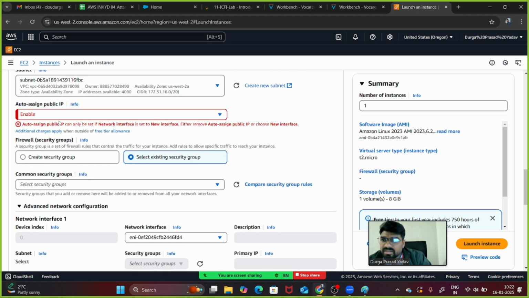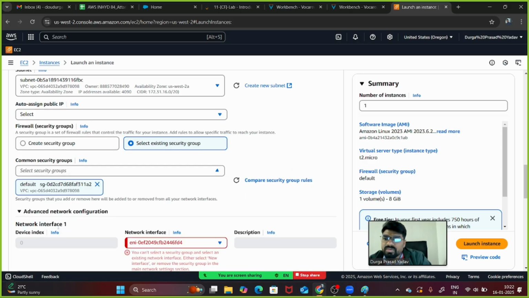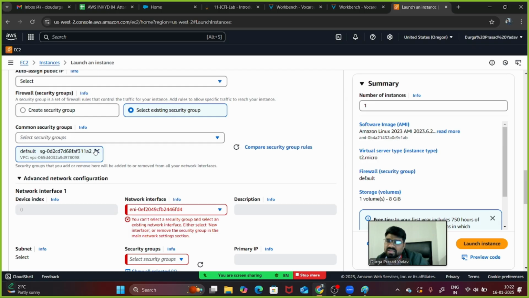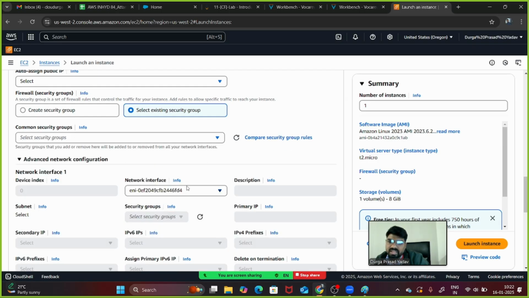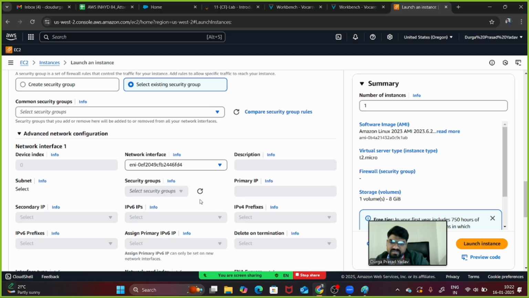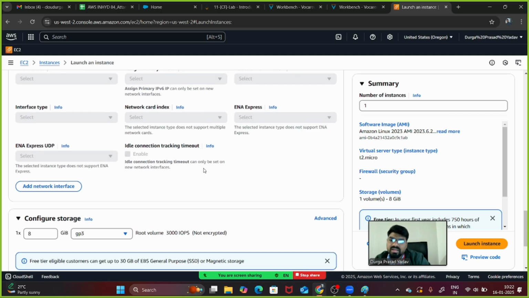These are the setups we need to modify, guys, and later on it will start working. Here you can't select a security group and also select an existing network interface. Okay, then we will remove this, since the security group has already been selected with this network interface, and you can create the instance.